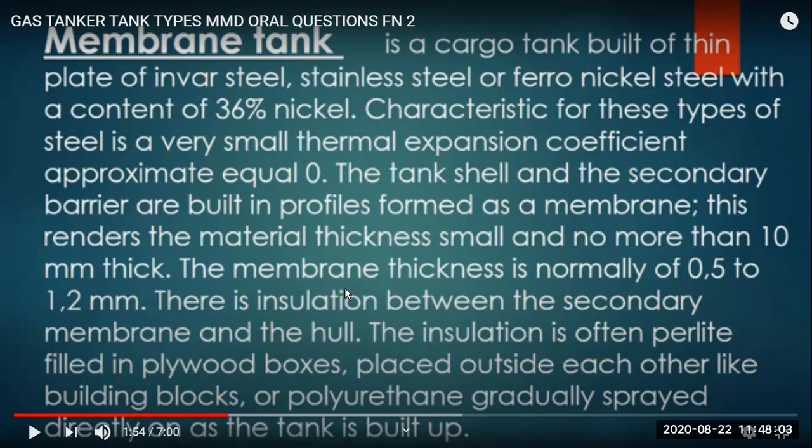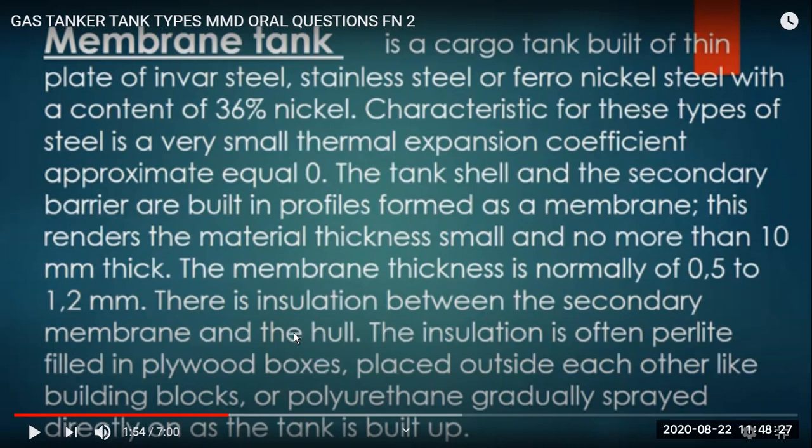And the membrane thickness is normally 0.5 to 1 mm, and there is insulation in between these two layers and the hull also. So between the secondary membrane and the hull, we have to put insulation, that we will see. The insulation is often perlite. Perlite is like plywood boxes or kind of ply that we will see, placed outside each other like building blocks,